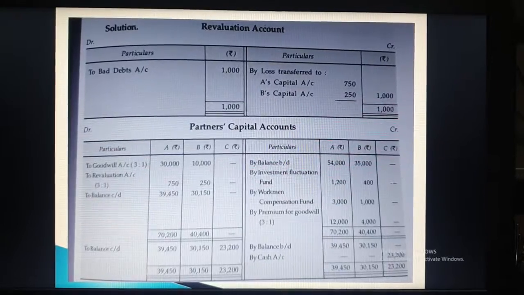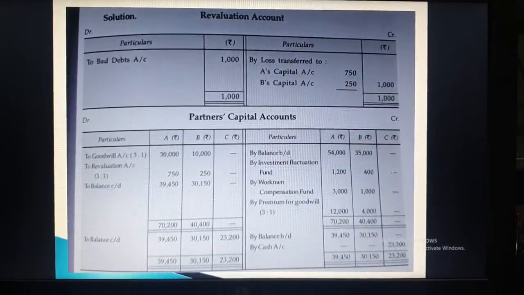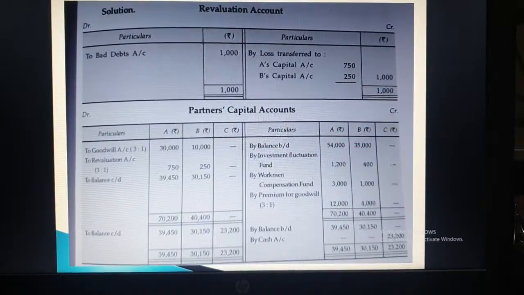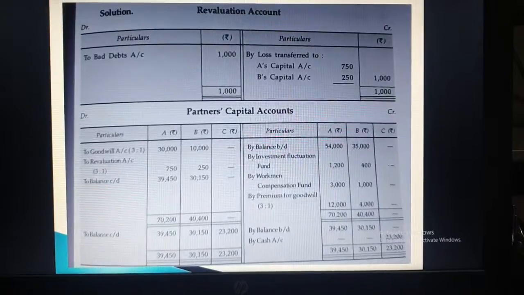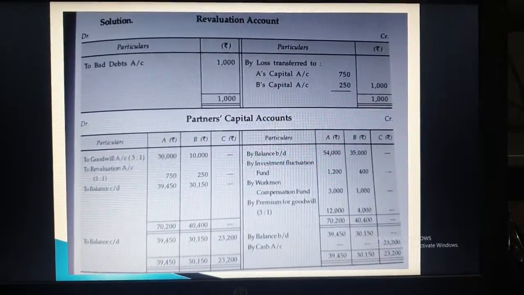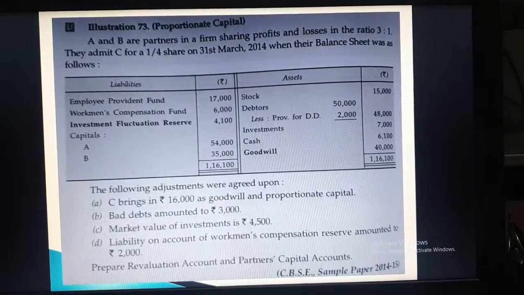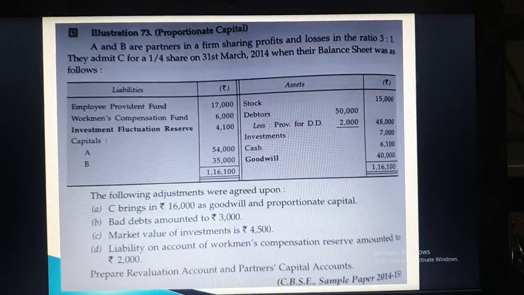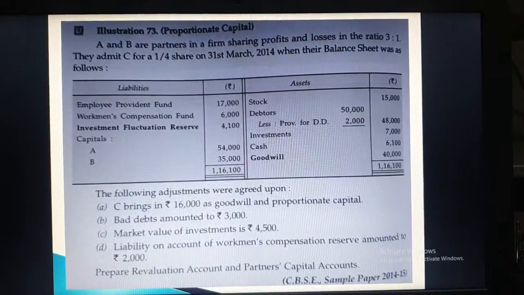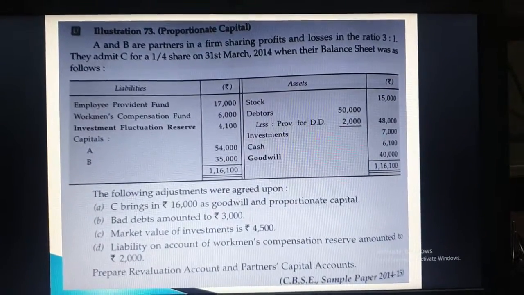Now come to the debit part of partners capital account. There is goodwill there, 30,000 in A and 10,000 in B. I told you one goodwill is already given in the question, that is old goodwill, and generally it is given on the asset side of the balance sheet. So that will be distributed to old partners in old ratio. So come to the question part. See that on the asset side one goodwill is given, 40,000 at the last. So it will be an old goodwill and it will be distributed in old ratio. So old ratio is 3:1.